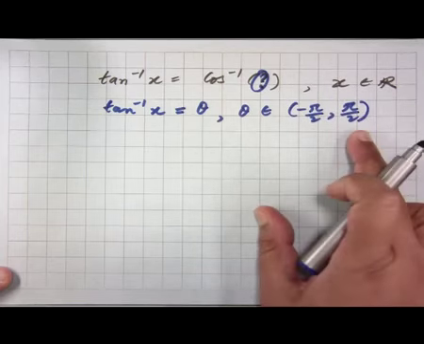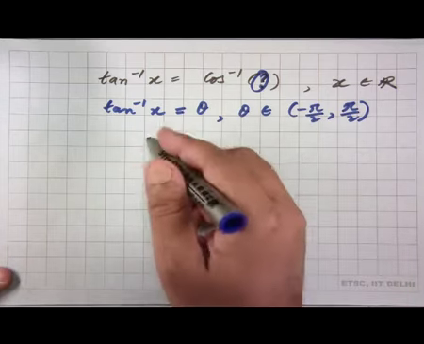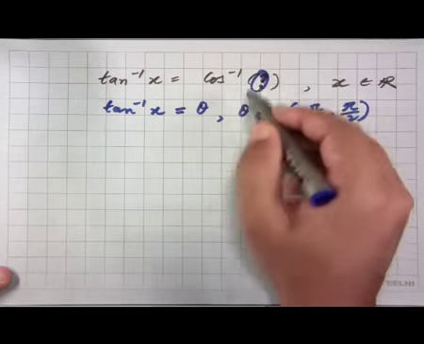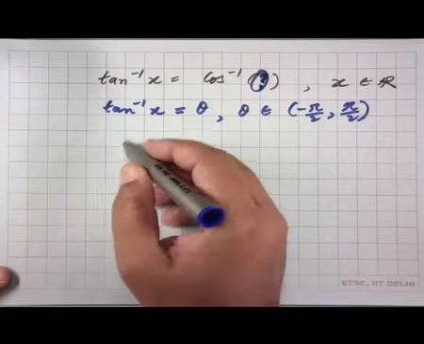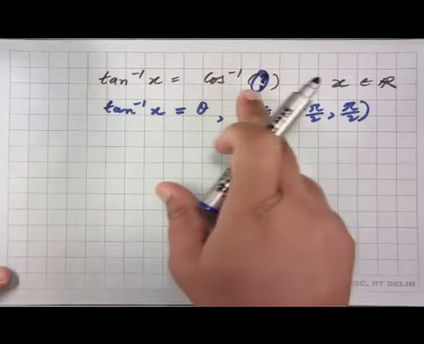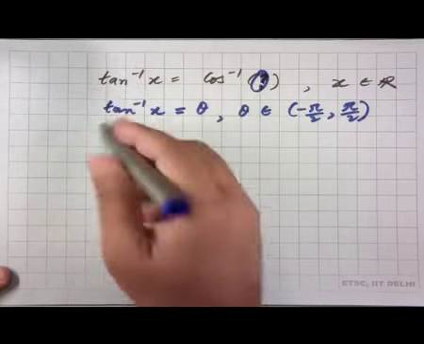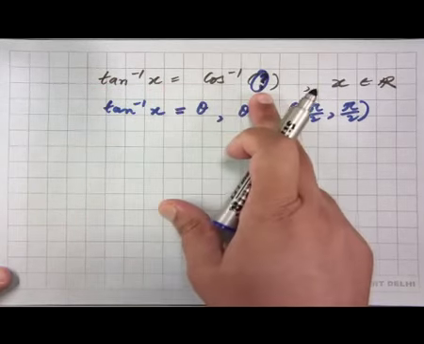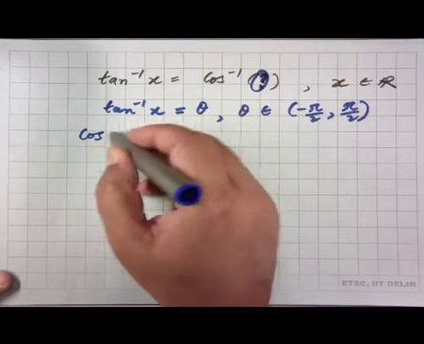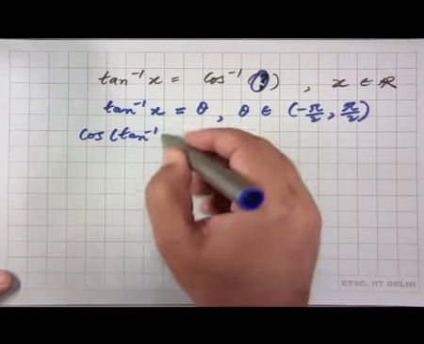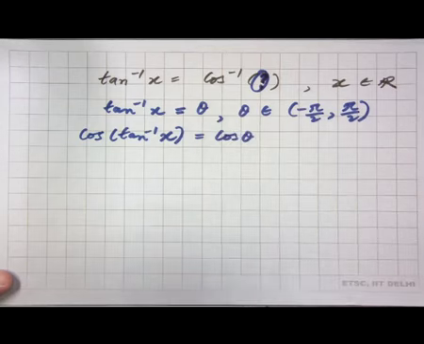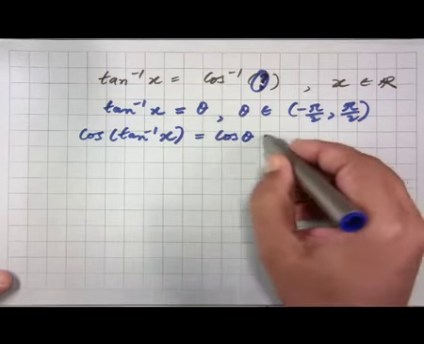This is the range set of the tan inverse function, and since we are interested in finding this unknown quantity, if we apply the cos function on both sides of this equality, we will get cos of tan inverse x equal to this unknown thing. We are therefore interested in evaluating cos of tan inverse x, which is cos of theta, which is equal to